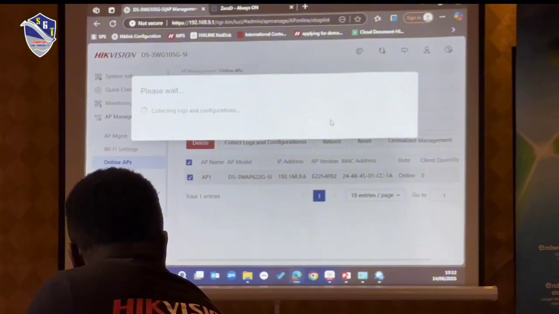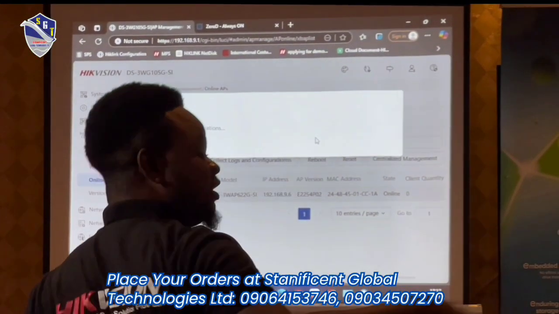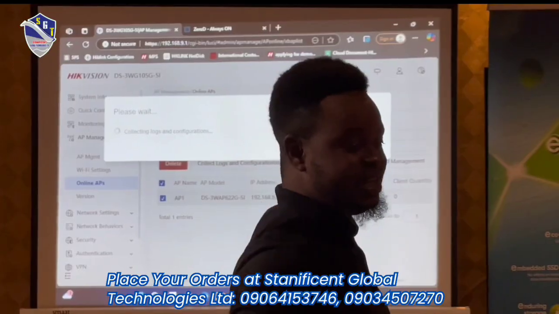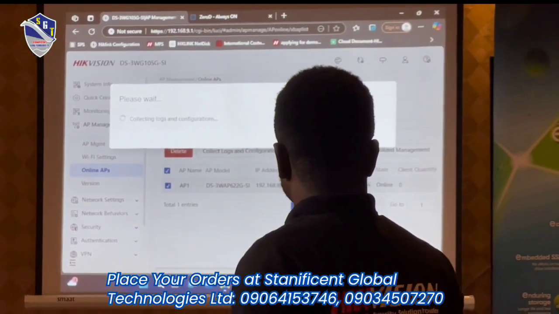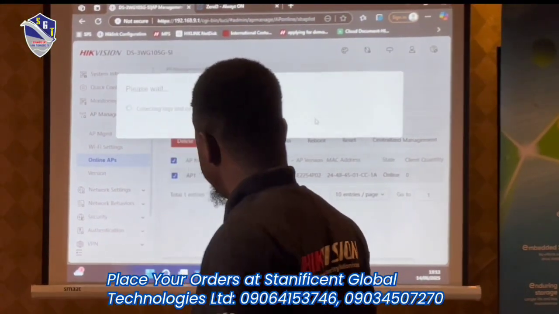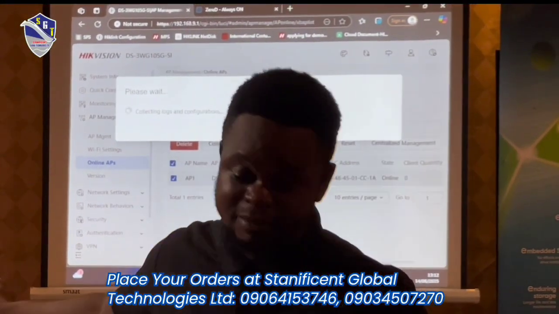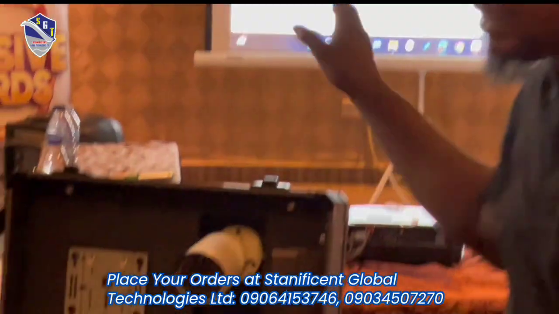So if you want to get logs of what has happened on your AP, things like this, you can quickly get it using that trigger. Now, the state is online now. So now, easily,